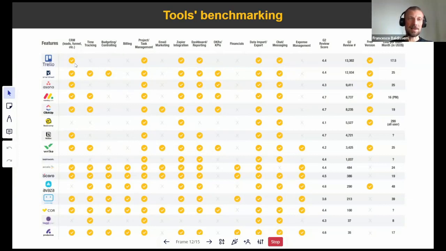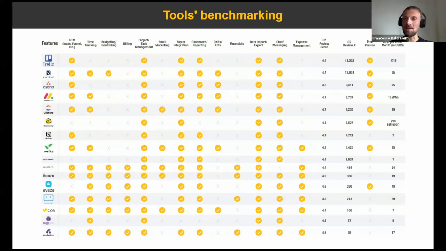So we did a benchmarking and we compared which tool had which feature. We also kept in mind how much a tool was recognized, popular, and common, because then you want to have something that is well supported and is not likely to be unsupported one year from now.